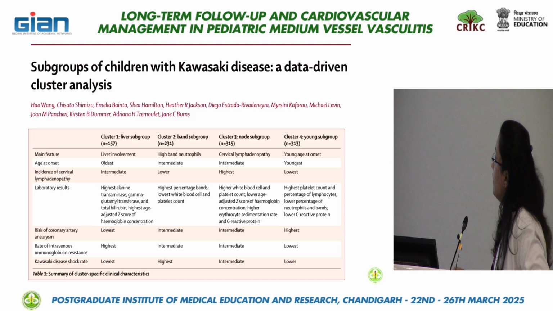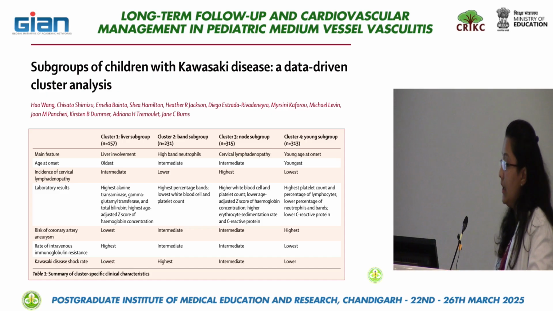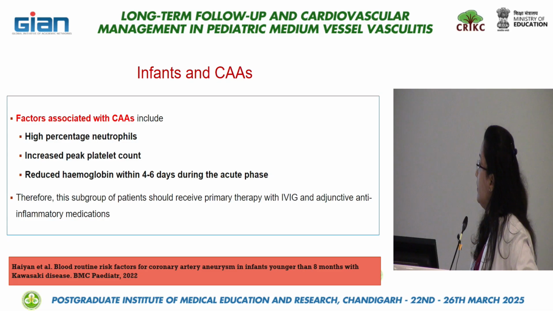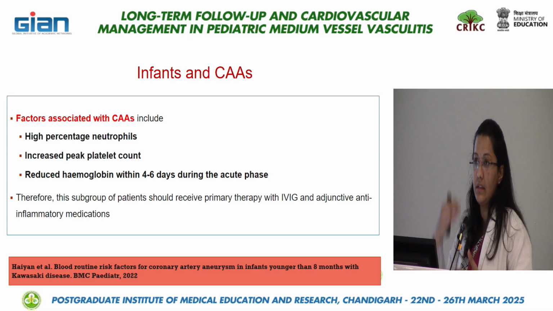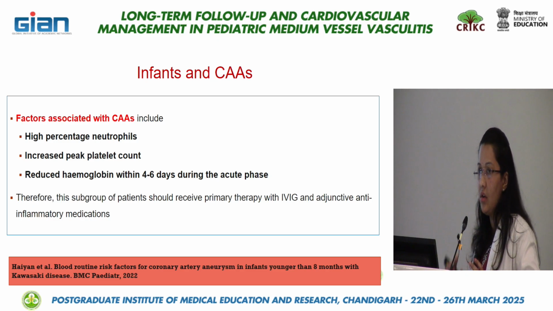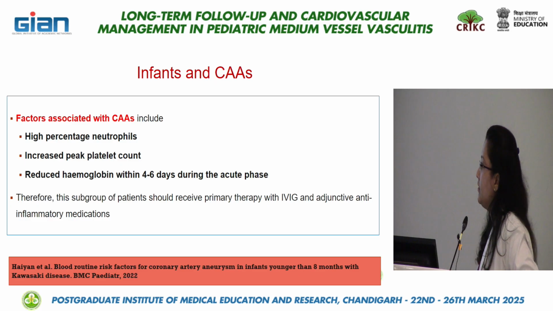And this study, which has clustered, possibly talked about in the last few days, has also shown that young age at presentation, especially the youngest of them, have the highest risk of coronary aneurysm, and we can predict it with a high platelet count, probably high percentage of neutrophils, or increased or fall in hemoglobin, as in our first kid who had hemoglobin of 5.2 at presentation, which actually led us away initially. But these are the cases where we'll need to take decisions immediately and possibly start treatment.